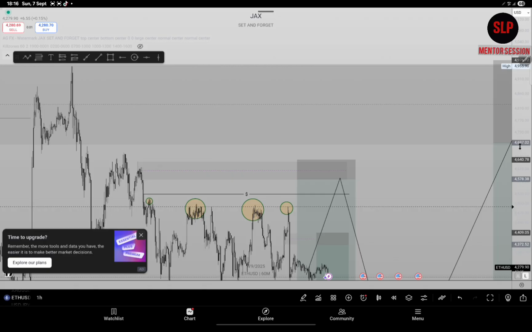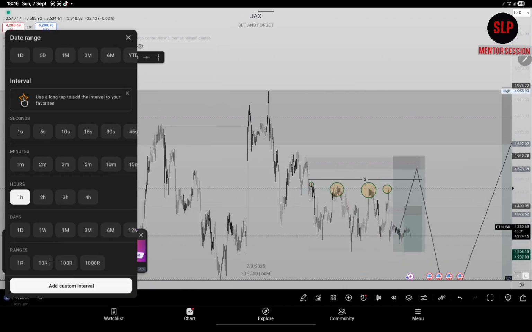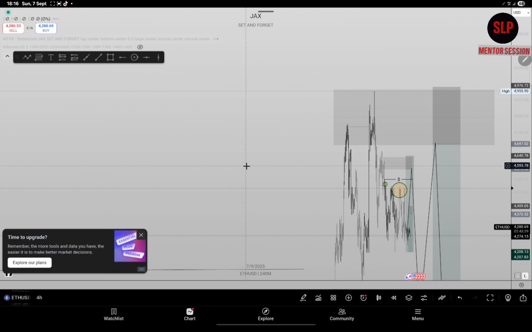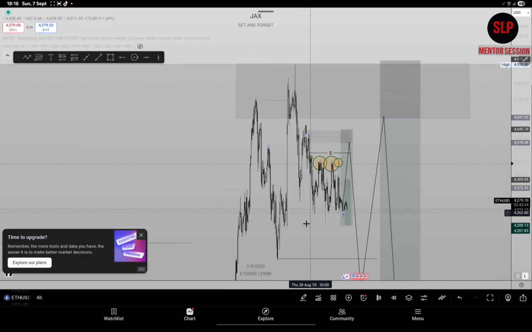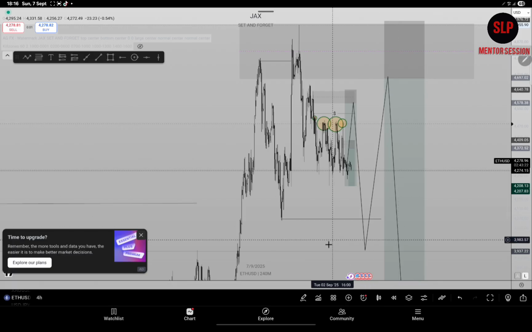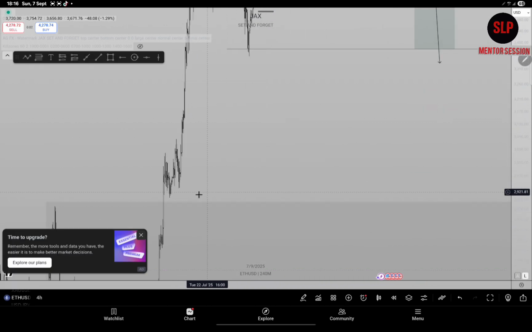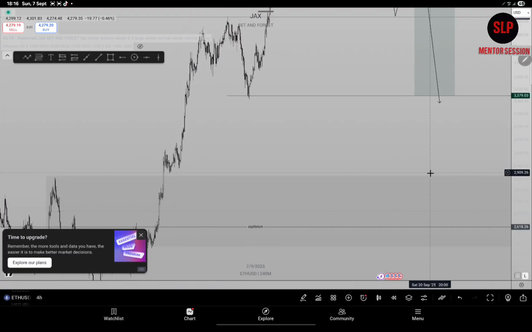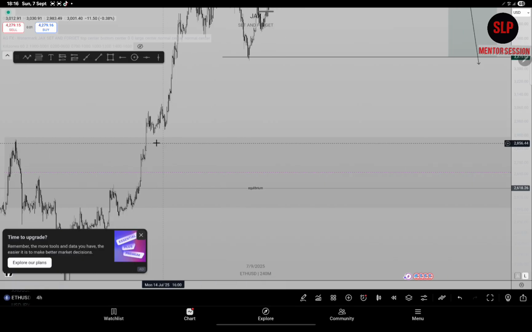Expecting price to come back up. Price can definitely come back up to tap into the QMR. I think going forward it looks more clear. Tap into the QMR and continue the sell, and the sell is going to tap into the other point of interest on the daily time frame, or let's say the 1 week time frame. This breakout block right here, price will come and tap into it.